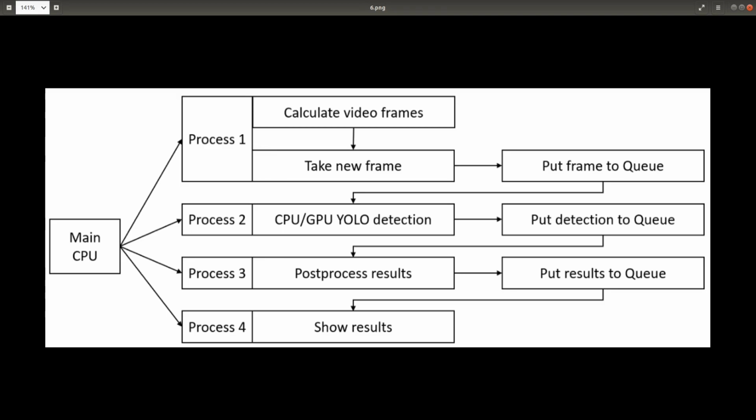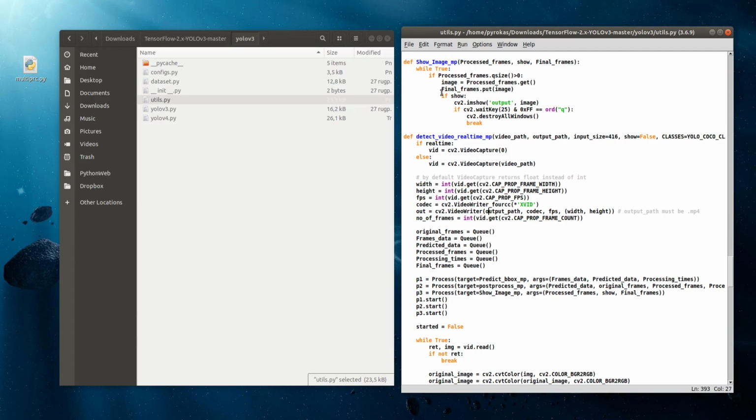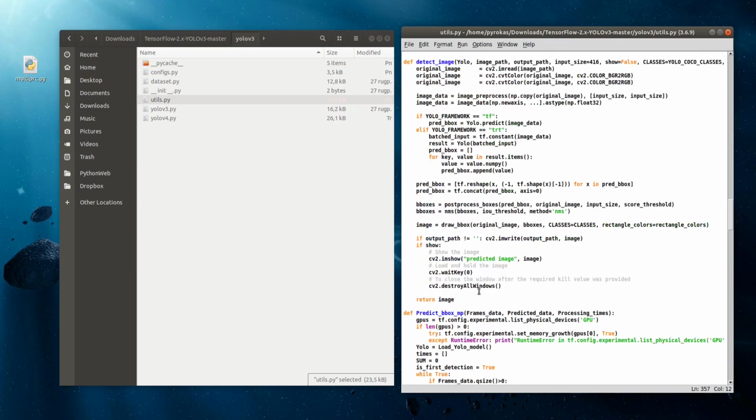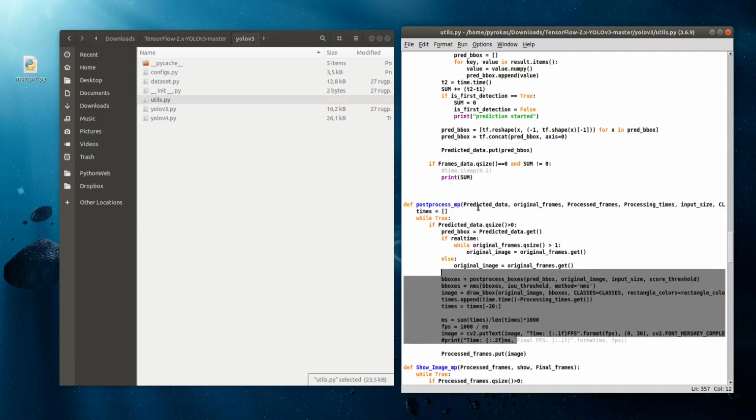I will not share this testing code, how I did this, how I measured this, but I'll post a link in my text version tutorial where you can download a utils.py file which I used to measure these differences. Here is the code, and I call this function detect video real time in multiprocess. Here are all the different functions which I used to do detection with multiprocessing. I'm not going to talk line by line about details, it's just an overview of whether it's worth changing code